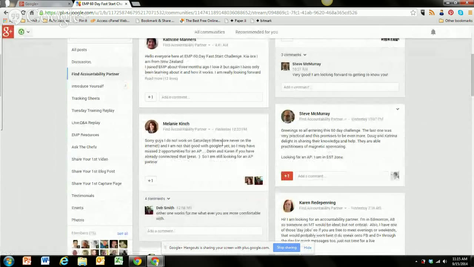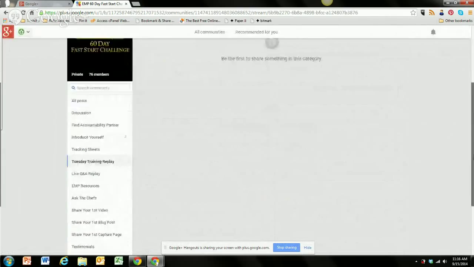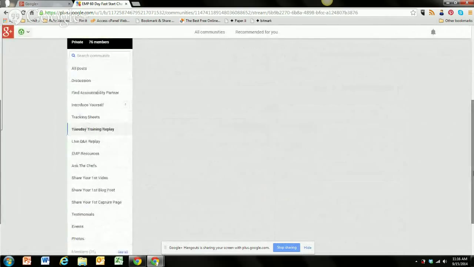This way, if you feel like this is getting all cluttered and you're not sure where to find things, you just say, hey, I want to see the replays that are taking place on Tuesday night. Currently, we don't have anything in here, but you'll have access to all the Tuesday night replays in one area, all in one category. So that's a really cool feature that we like about the Google Plus platform and using this as a community,